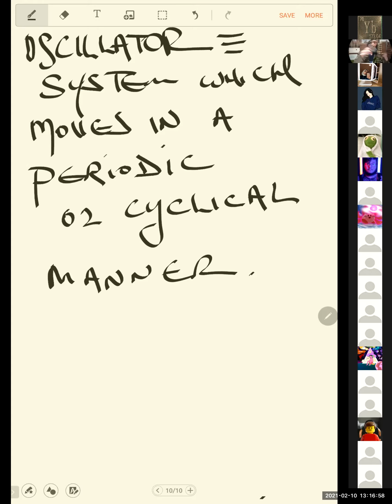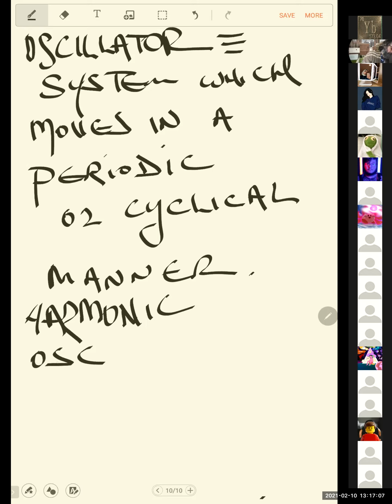To oscillate harmonically, as you can imagine, a harmonic oscillator, which is ultimately to say an energy conserver, harmonic oscillation, harmonic oscillator,